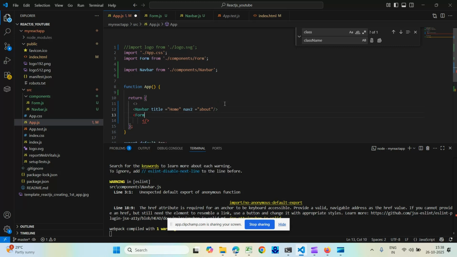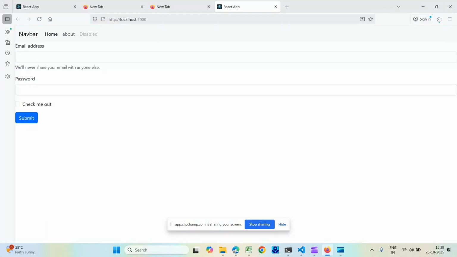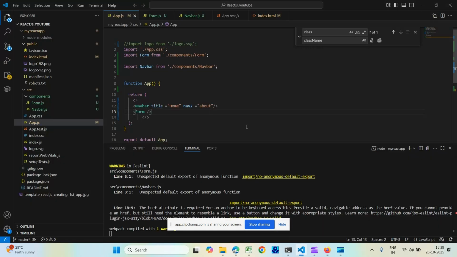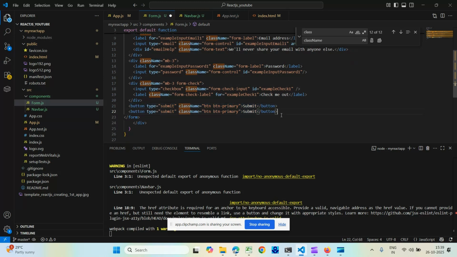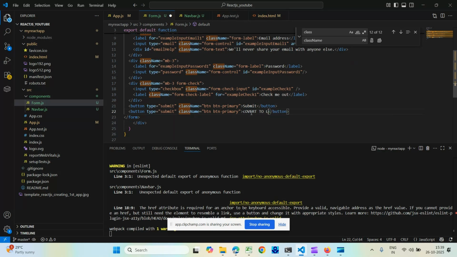Just write a form. Now if you go to the browser, you can see the form will be like the navbar and the email. So whenever a person gives an email with caps, it should be turned to a smaller letter. Like it should have a button. For example, if I create a button here under the submit, the button name should be convert to